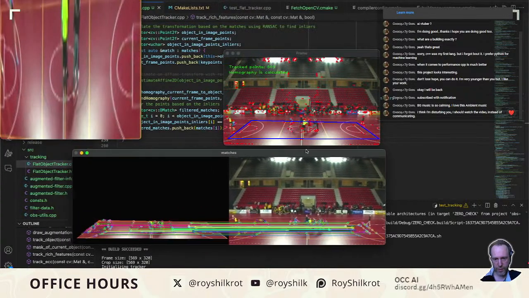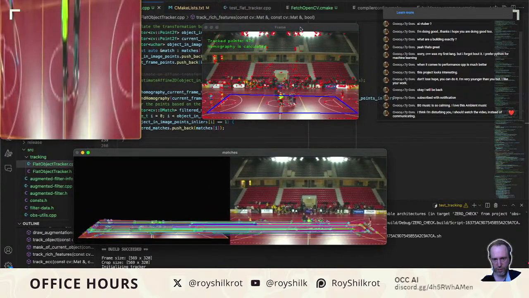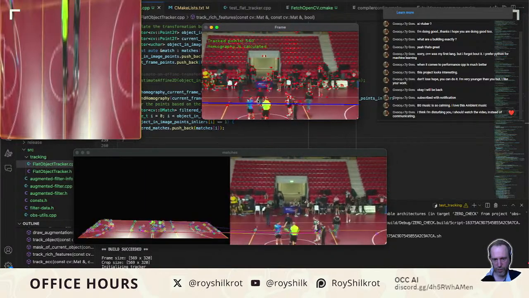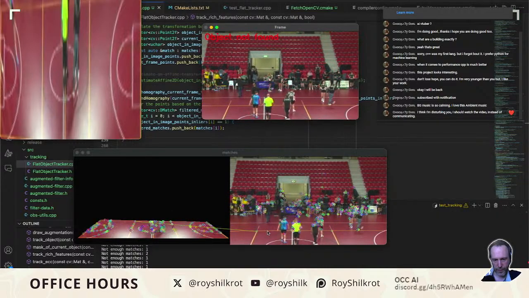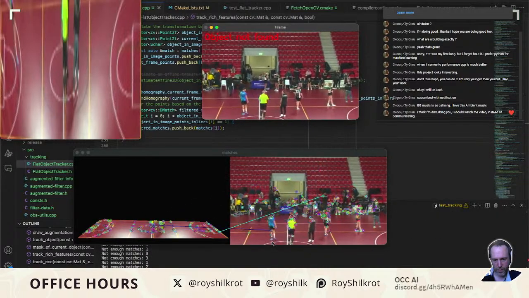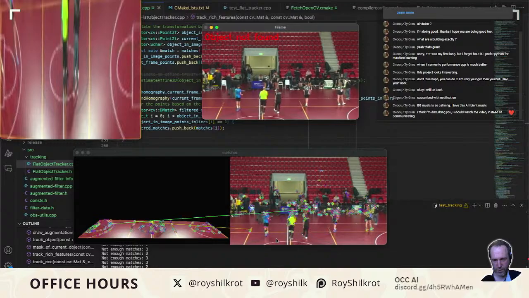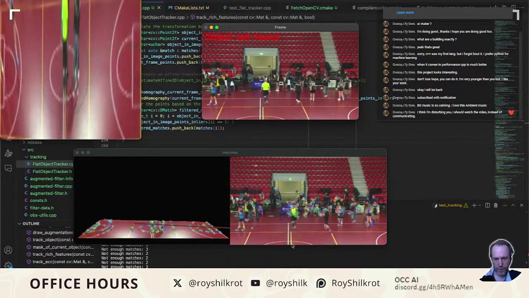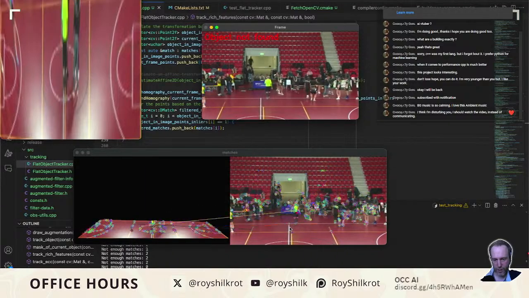The optical flow is taking care of fast motion, and then the rich feature one is running only